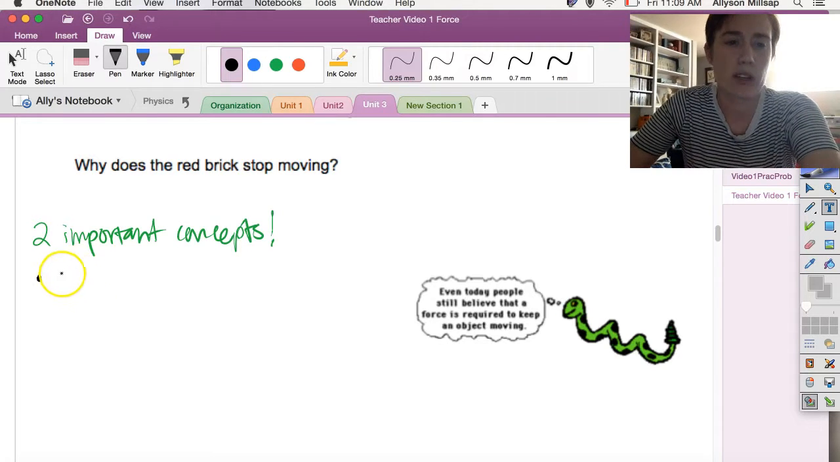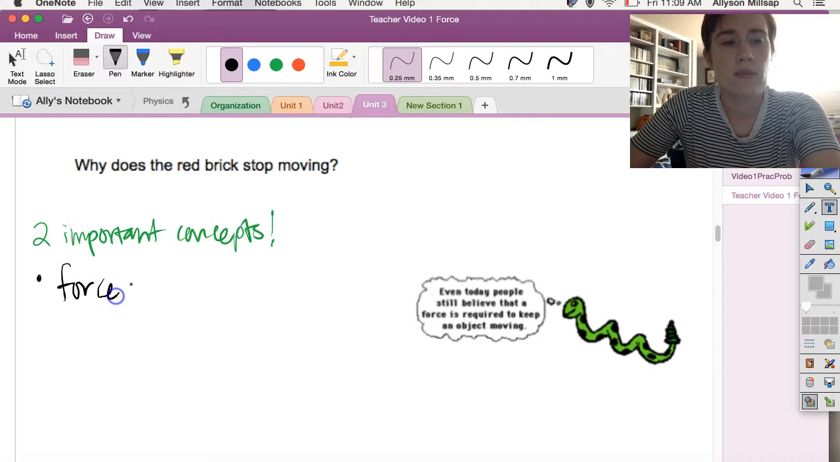The first important concept is that force is not needed